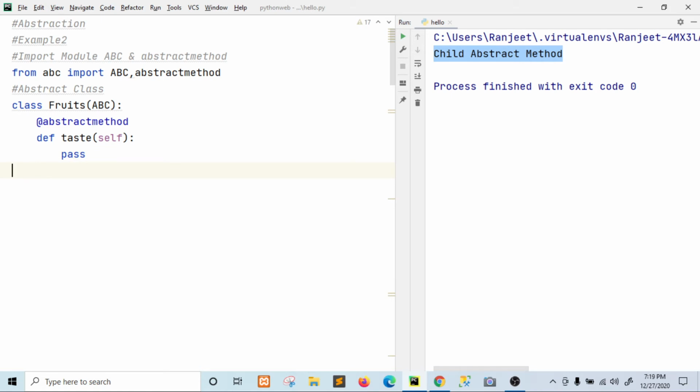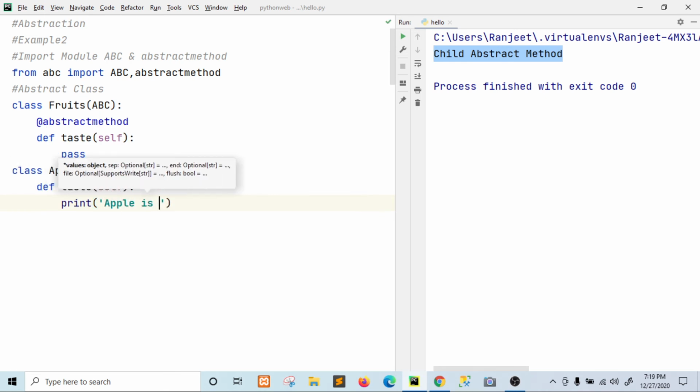Now we make another class, like Apple, and inherit the Fruits property. Make the same method taste, and print "apple is sweet, tasty".